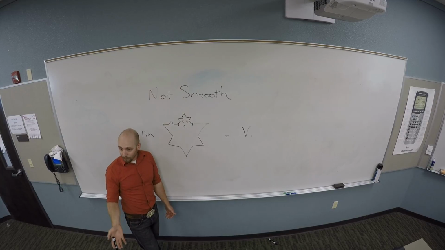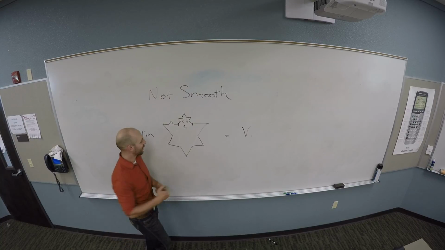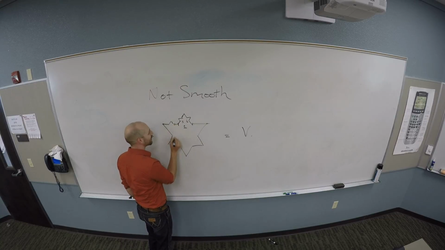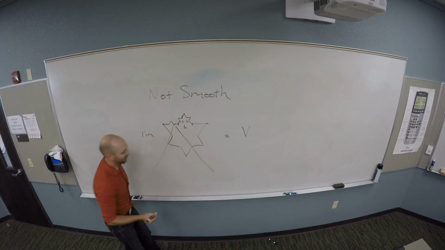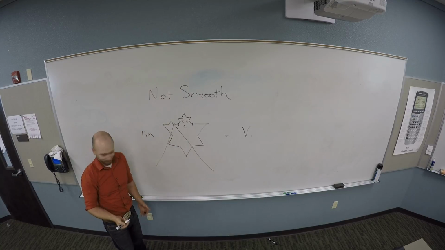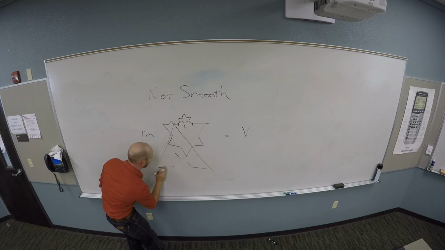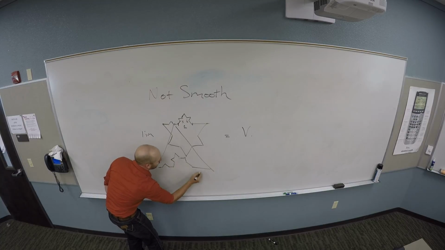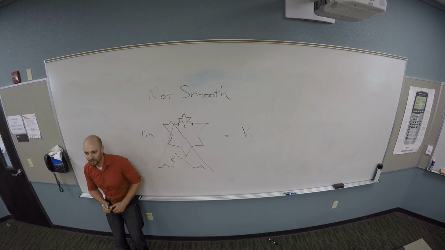But of course, I could try to parameterize this thing. It'll never work. I'll never be able to come up with a good parameterization because everywhere is pointy. If I zoom in on this little tiny bit and blow it up, what's it gonna look like? Really pointy. It's gonna have a big triangle sticking out of the middle of it. And all the middles of those are gonna have triangles. And the sharp point is not differentiable. So you're not gonna get any better.